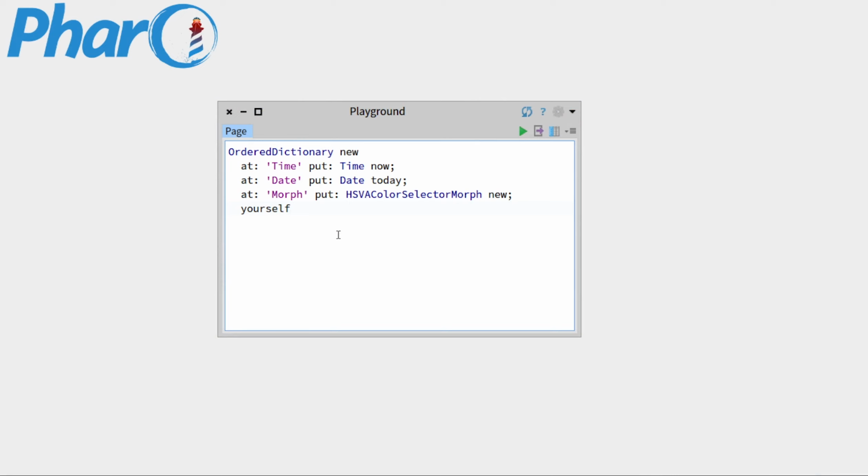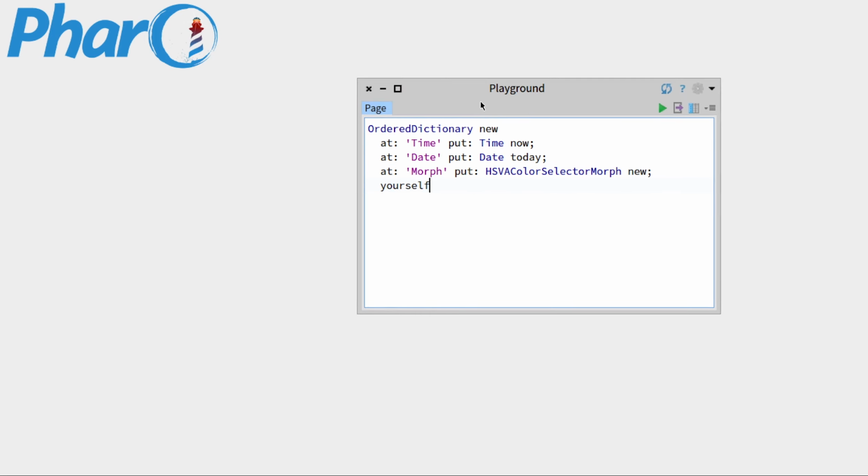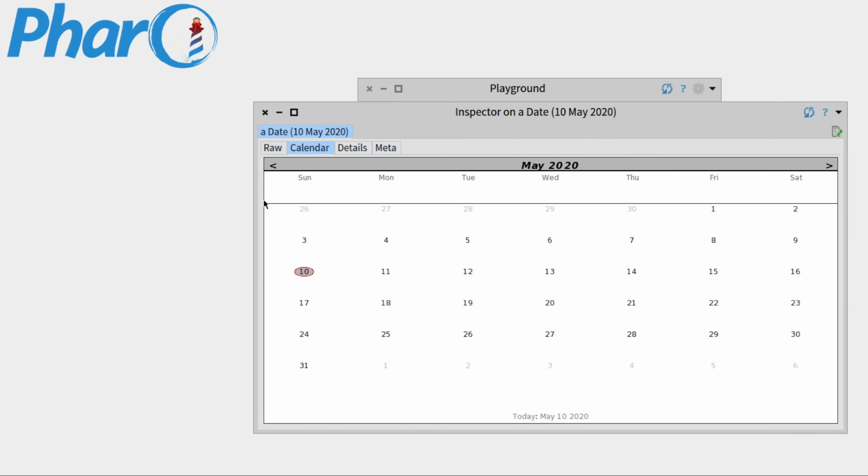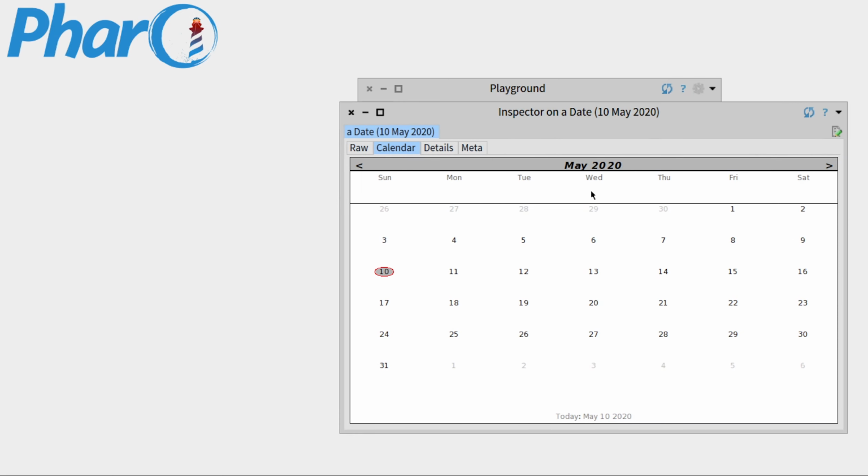Hi, in this video we're going to have another look at the inspector and especially how it can create the specific tabs that we have seen in the last presentation of the inspector. So I will reuse the example that we defined with the order dictionary time date morph. And if we look back at the date, we can see that the tab calendar and holding the calendar morph